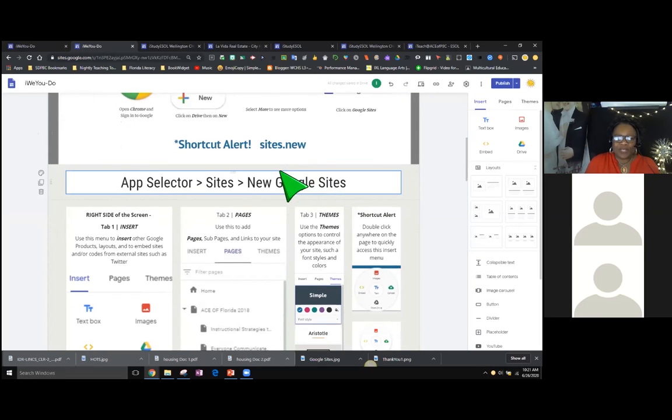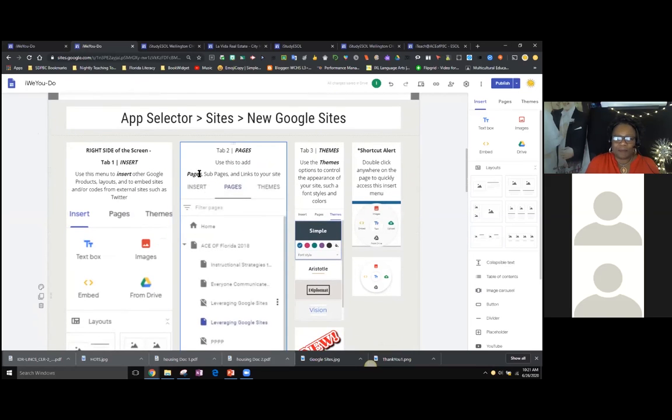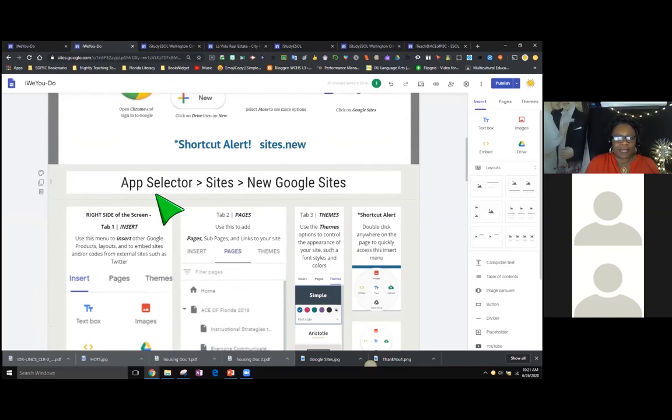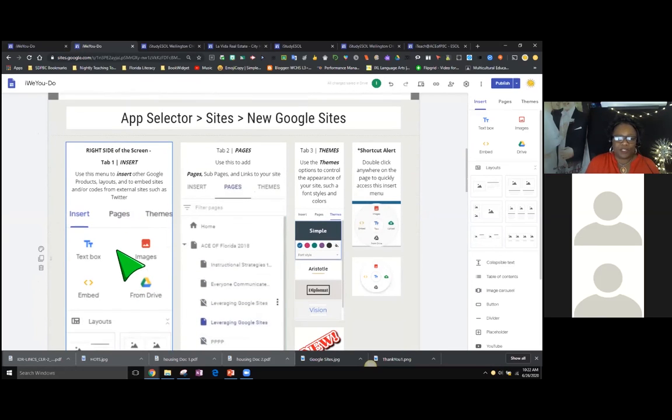Now, once you're inside the platform, you're going to see some tabs that will give you the opportunity to do certain things, like insert. Everything that I showed you on the sample sites earlier on, the videos, the Excel sheets, the pictures, the badges, everything that was inserted on a website, what you would use here to insert your text, insert content from Drive, embed videos.